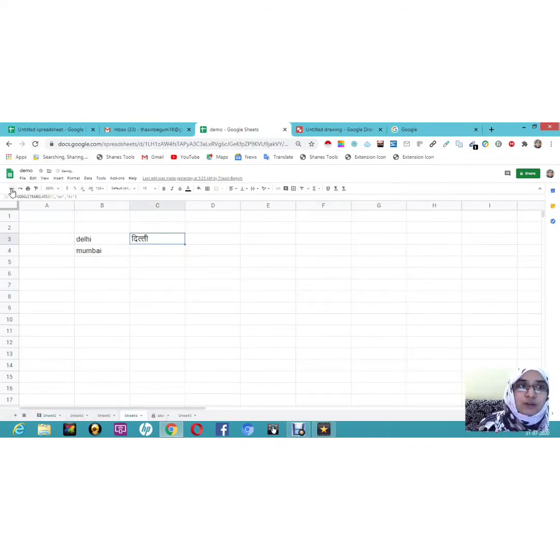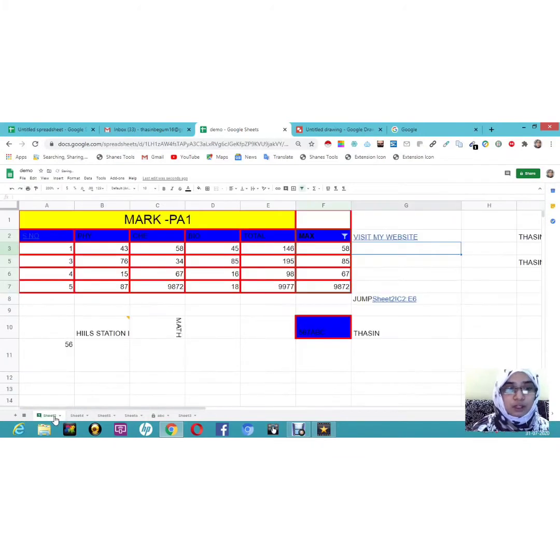So undo will give you the before thing that we did, and if you click again, it will take you to the previous option. So this is called undo. And redo, again it will give you back the same thing that we did. So this was the redo option. Both these options are helpful. Even if we delete something and go back to some other thing and we want it back, we can use this undo and redo option.